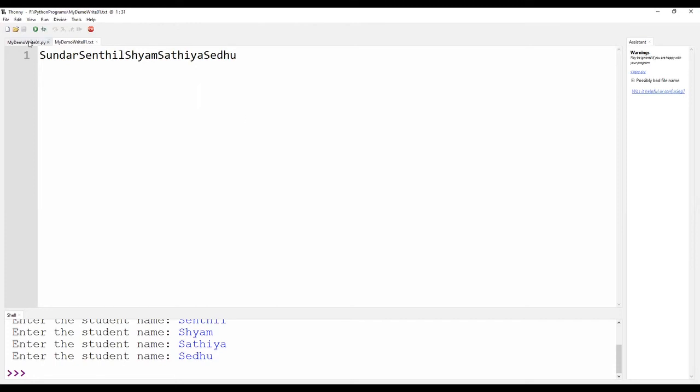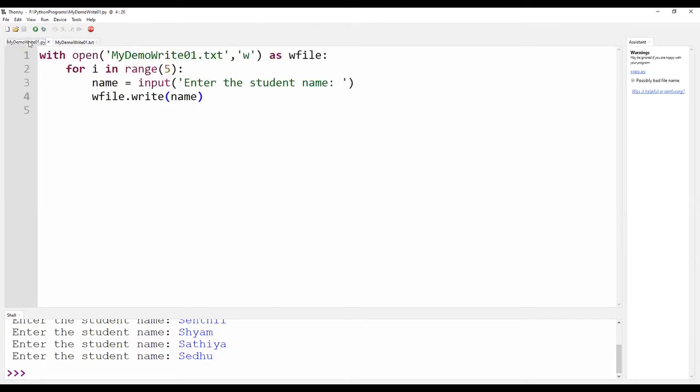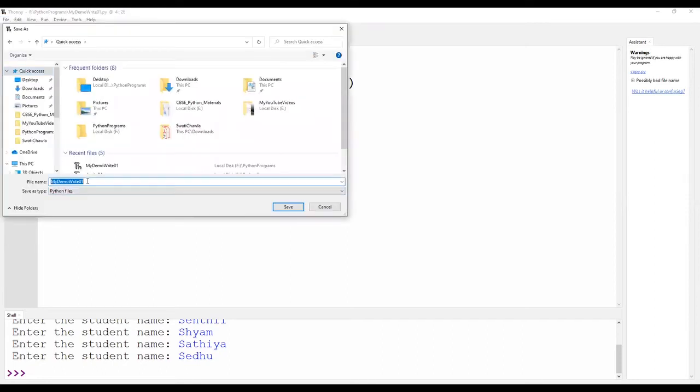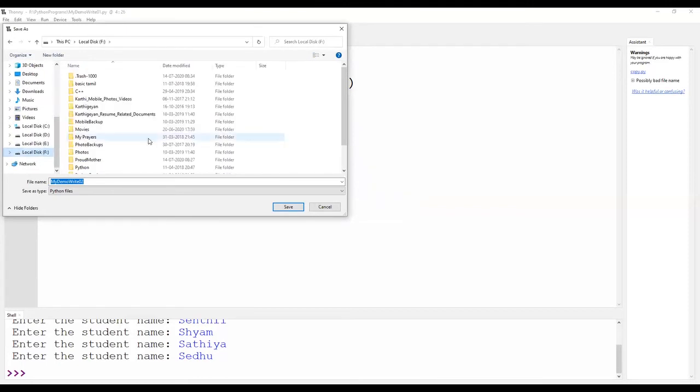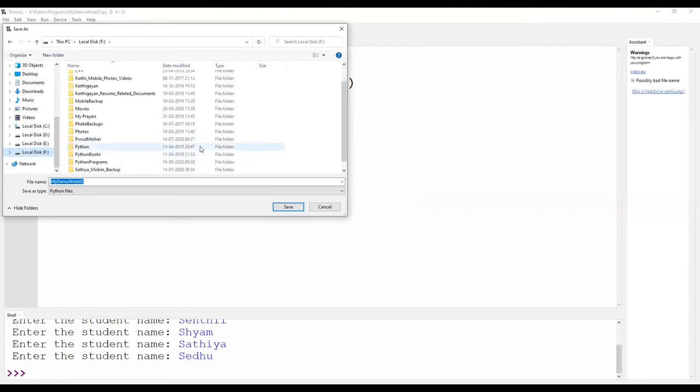In order to overcome this, I am taking my program and saving it in the name of my demo write 02.